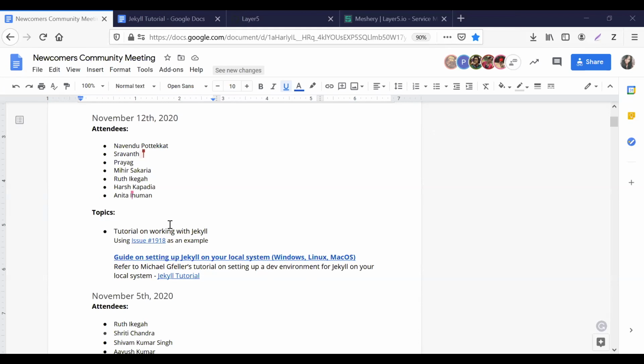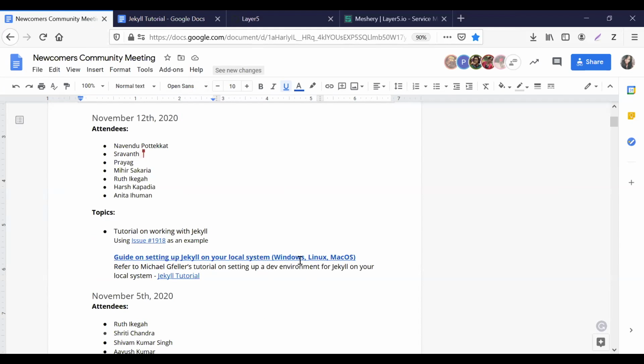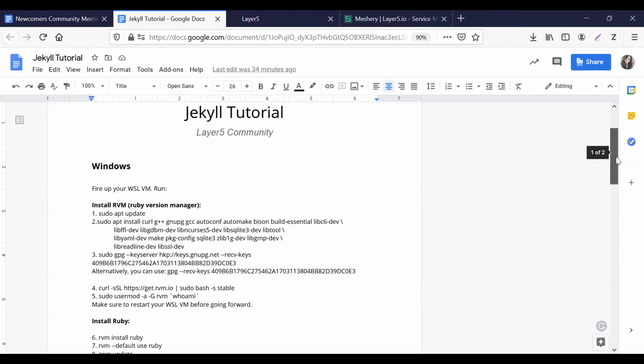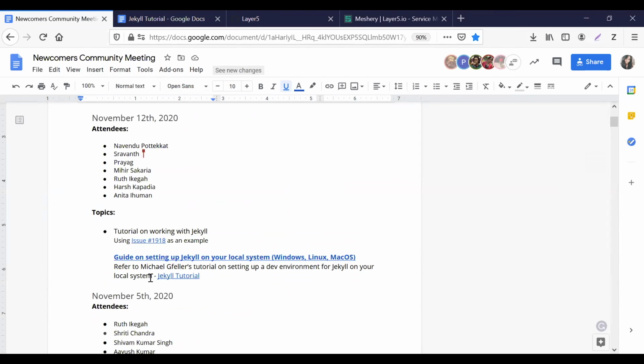If you have worked with Jekyll before, or with WordPress, this will be a very short tutorial. We already did one of these a while back, so we have a set of written instructions, which you'll find a link to here. I'll run through these very quickly, just so you have an idea of how to set up the dev environment. If you're more of a learn-from-video kind, you can follow this tutorial on Layer5's YouTube channel, done by Mikul. It covers everything, and I think it's on a Linux environment.